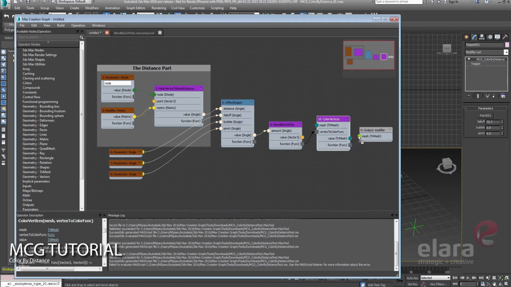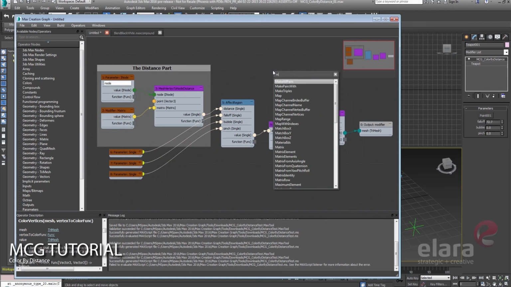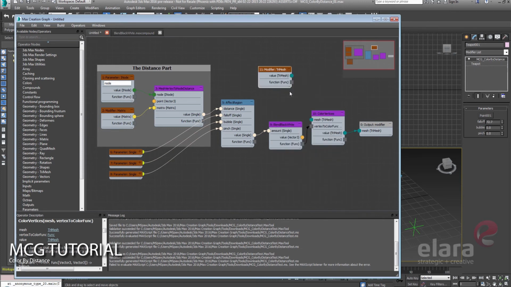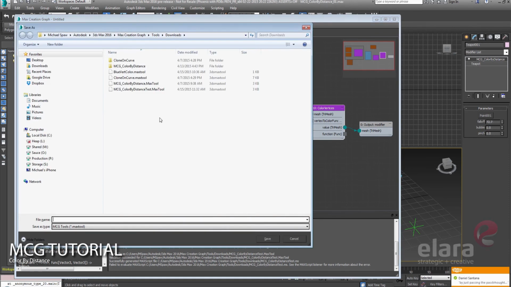And the output is going to go into that mesh. We also need to know, hey, what mesh is it that we're working on? So we need another input. We'll do a modifier trimesh. And that's it.